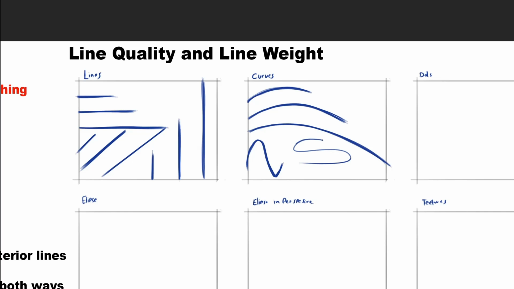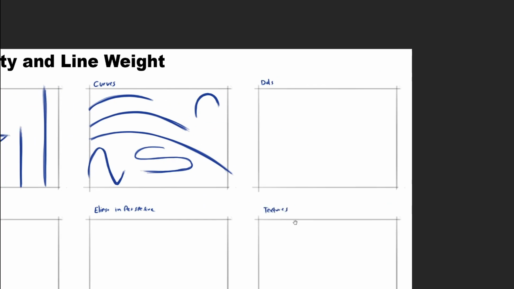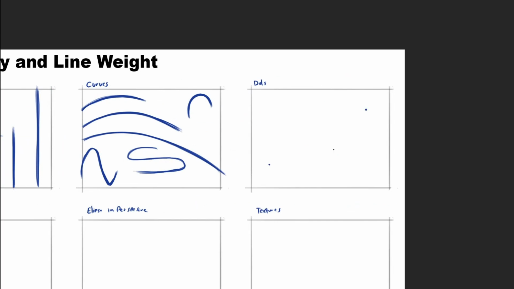Maybe change the color of the original path line and draw with lighter lines on top, so you still can see where the path is underneath your lines. Next, you can move on to dots. Draw two dots in random places, and then try to connect in between with one straight, clean line. Don't try to scratch your way from one dot to the other, just one quick, straight line to connect in between. After that, you can do the same with a curved line this time, instead of a straight line, and see if you can hit it with one line.